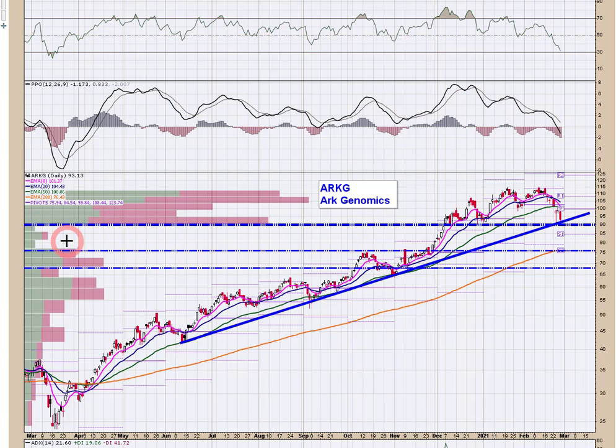And you can notice that below 90, there's a big void here all the way down to 75. So that would certainly be a trade worth taking if price loses 90. I think you would see an awfully quick move to the 200 at 75, moving through this price void. So what I've done is I've alarmed 90 in my platform, and I'm going to be ready to initiate a short on ARKG if 90 were to break with a first target of 75, and if that fails, then you're down here at 67.50, and probably